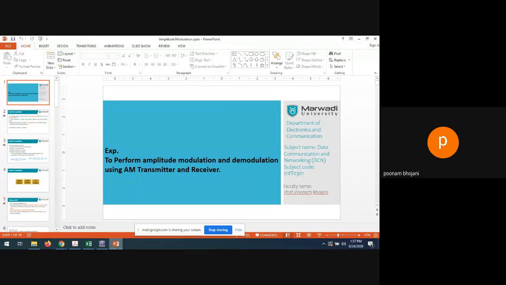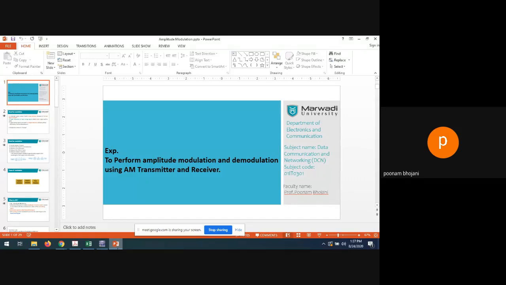Now whenever we are doing amplitude modulation, we are doing the analog to analog conversion, right? So what are we doing in the analog to analog conversion, and why is it required, what is the need for doing this modulation? That we are going to see first. Analog to analog modulation means we are going to convert a low frequency analog signal into a high frequency analog signal. That is known as modulation.